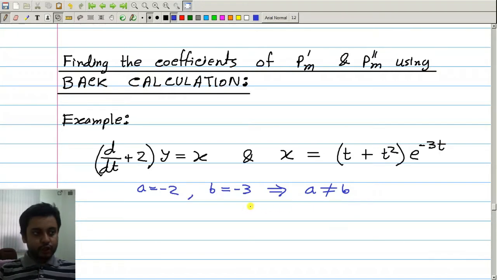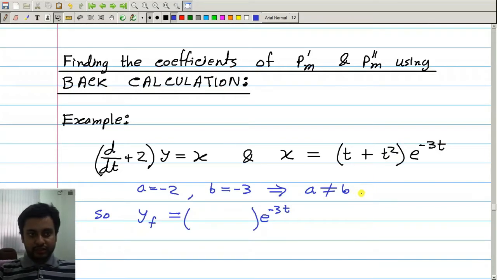Okay, so yf will be of this form: e to the power bt, b is minus 3t, multiplied by a polynomial with degree 2,